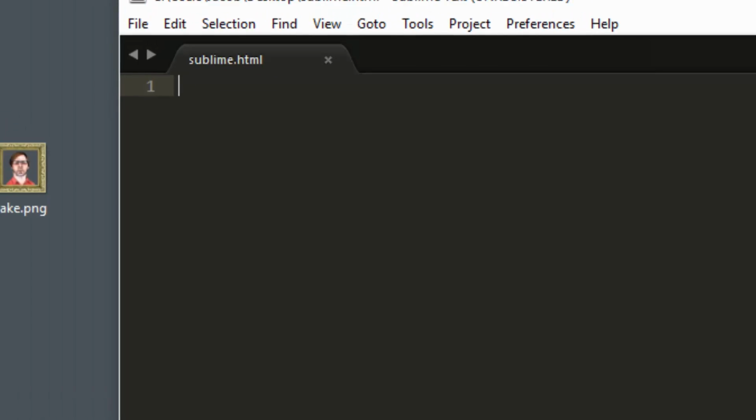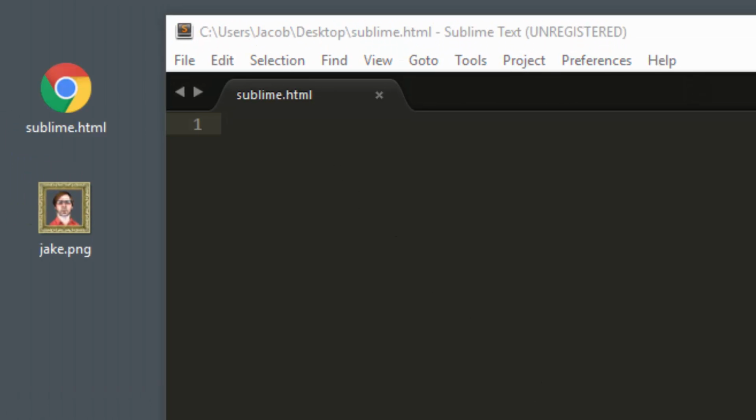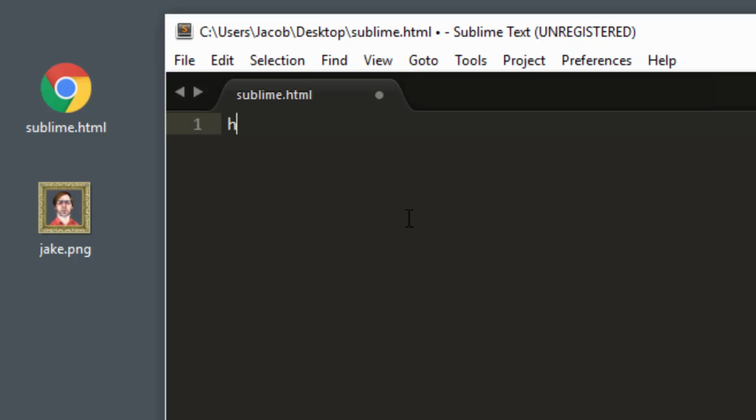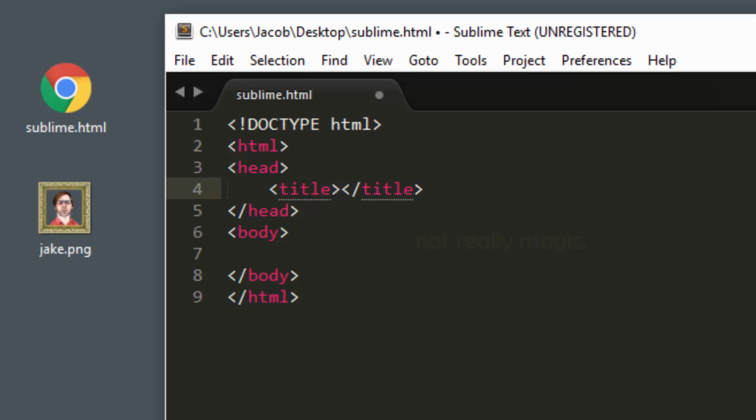Let's start with putting in all the HTML basic structure. Just type in HTML and press Tab. Magically, all the base HTML tags for the web page appear. We haven't talked about doctype yet. We'll do that later, but you can see all the other tags that would normally need to be typed in. Let's give the page a title of Sublime Features.